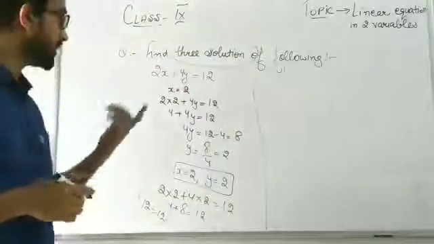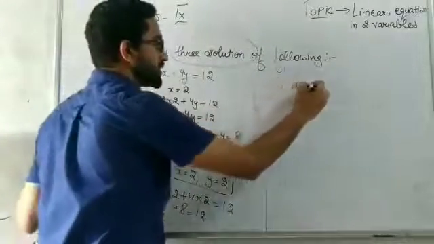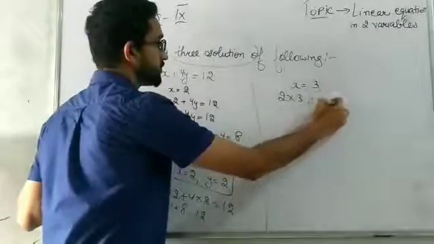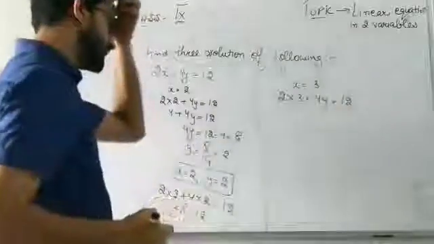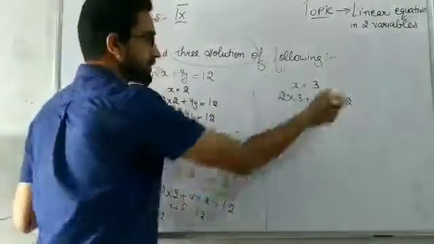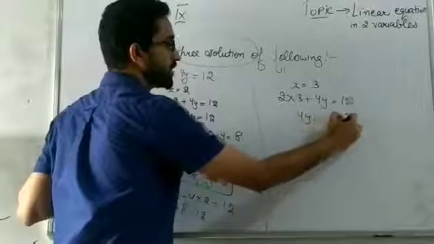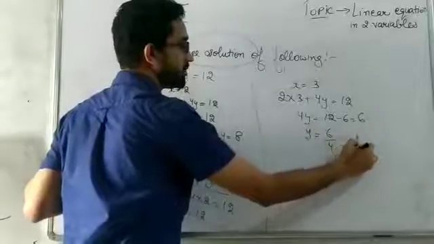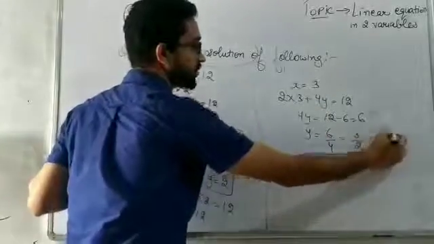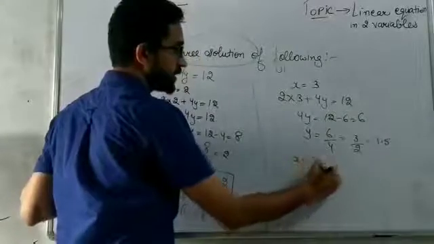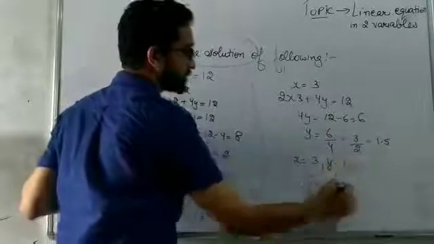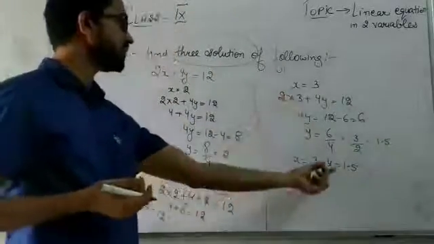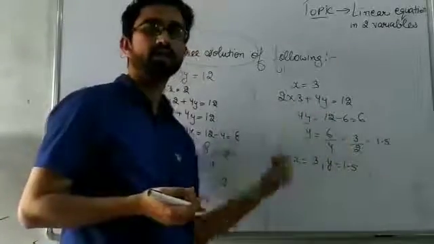Similarly, we have to find some more solutions in order to draw a graph. We can take any other value. Let's say I am taking x is equal to 3. Let's see what will happen. 2 into 3 plus 4y is equal to 12. 2 into 3 will be 6. 6 will go to the other side, so it will be 12 minus 6, that is 6. And y will be 6 by 4, that is 3 by 2, approximately 1.5. So here we have x is equal to 3 and y is equal to 1.5. This is our other solution. That means when we fill in x is equal to 3 and y is equal to 1.5, we will get exactly 12.